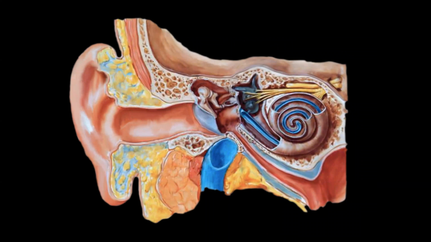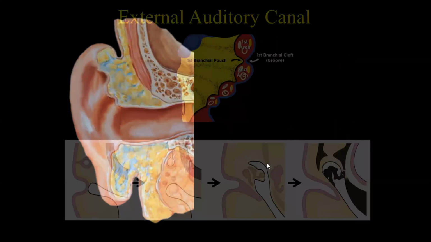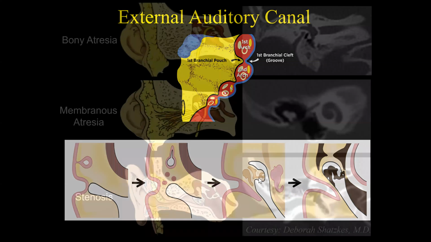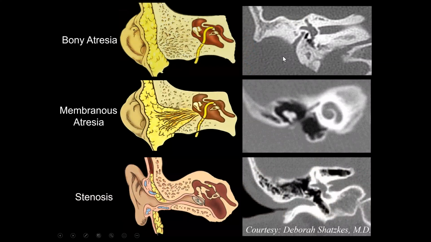So the first step of this talk is here's all the anatomy that's involved in hearing loss. We're just going to initially start off with the external auditory canal. The external auditory canal forms from the first branchial groove. Just medial to this is the first branchial pouch. So the first branchial groove forms the external auditory canal, and the first branchial pouch ends up forming the middle ear cavities, and also the cartilage of the first and second arches will form the ossicles, and we'll be discussing this later. But if we have a malformation involving the external auditory canal, this results in the various external